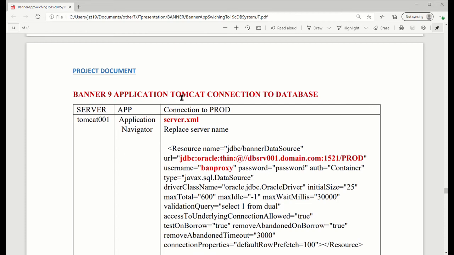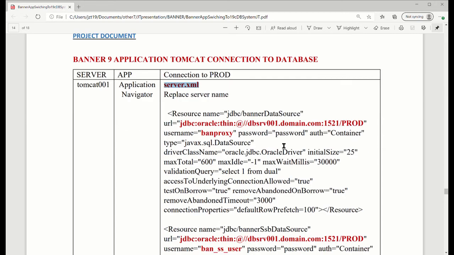All of them are on TOMCAT. The TOMCAT server, you've got to switch it to connect to the database. There are 3 servers, 3 different applications. The way is similar, though some of them are different. Let's talk about the details. The first one is called Application Navigator. If you're a Part1 professional, you will know what Application Navigator is. That's the generalist, which replaces the old INB. In this server, you only have one file to change,